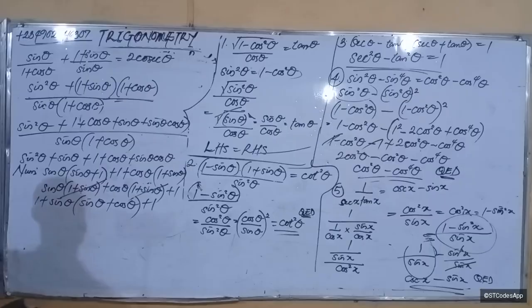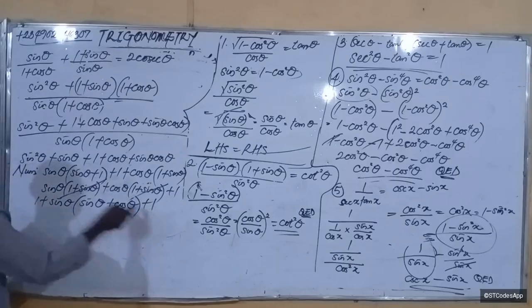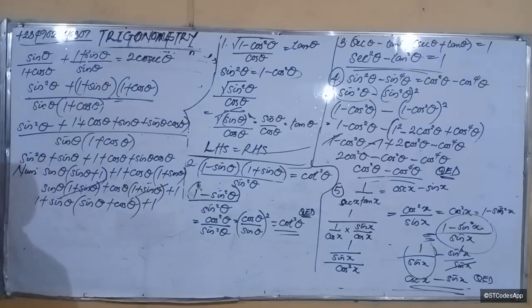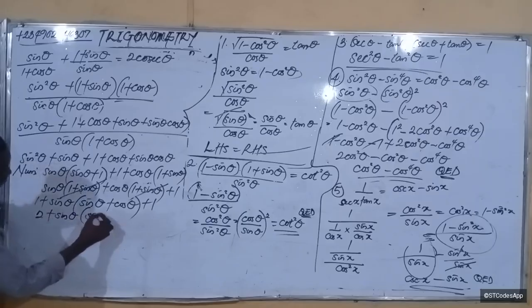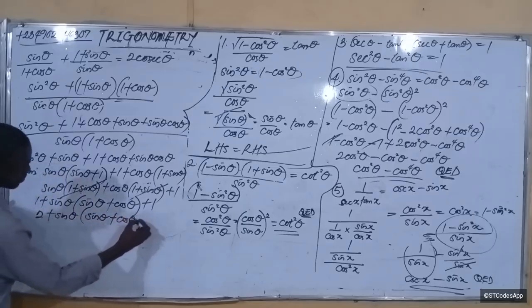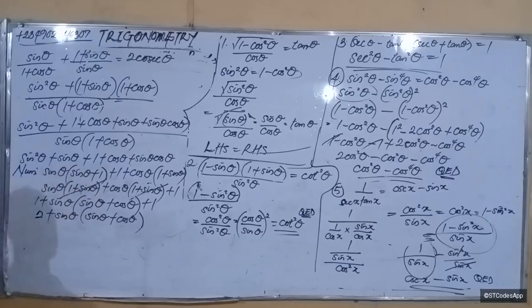Plus 1. Does this help in any way? Okay. Let's see if something can go out already. You know that this is 2. 1 plus 1, that's 2. Okay. So 2 plus sine theta. We have 2 plus sine theta into bracket sine theta plus cos theta. So from here,